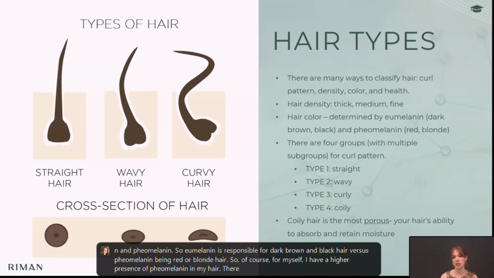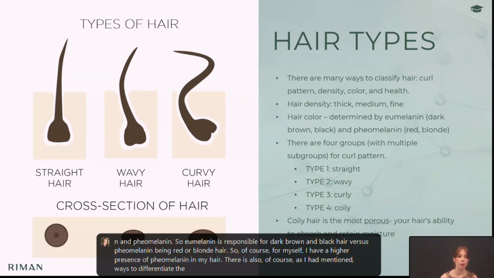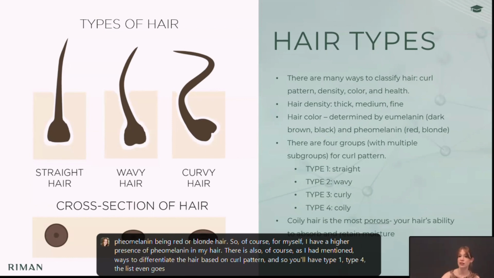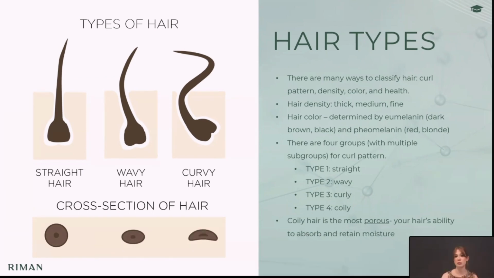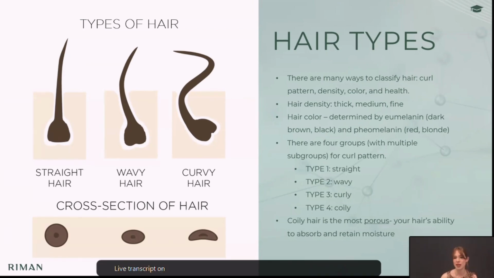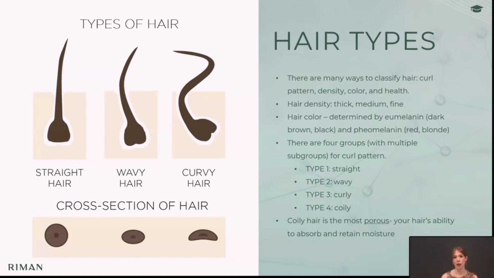There's also, of course, as I had mentioned, ways to differentiate the hair based on curl pattern. And so you'll have type 1 through type 4, the list even goes further, type 4A, B, C, but realistically, if you look at it more generally with curl pattern, you'll have straight, wavy, curly, or coily hair. But again, I want to pay respect to the fact that there are so many more intermediate categories within this categorization of curl pattern. And so understanding what type of hair you have in the multiple different ranges of categories, be it the curl pattern or be it the color, really can help you address your own hair health and